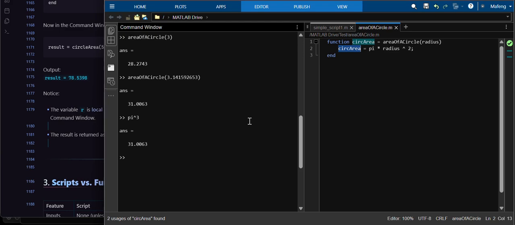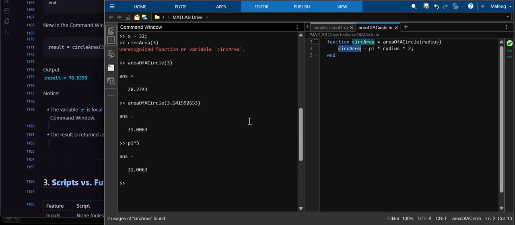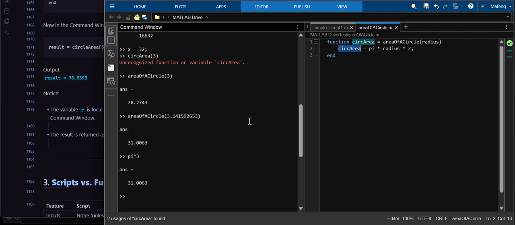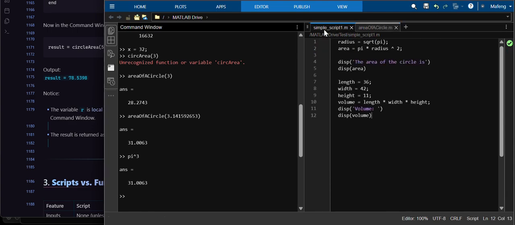Alright, in this lesson, we'll continue from where we stopped in the previous lesson. We have here a function, area of a circle. We have a simple script, in which we find the area of a circle and the volume of a cuboid. Right, so let's scrap this part out,